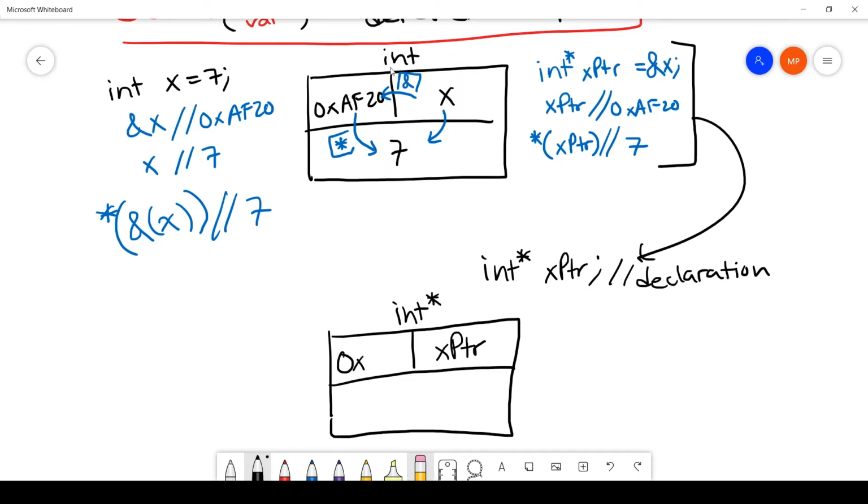will indicate that if this integer is 4 bytes, then the memory cell should be right next to it, which would be 4 bytes ahead. So we'll just say AF24. But again, this doesn't matter. This can be anything. It can be further down in the memory. It doesn't have to be right next to this memory cell. But moving on from that,